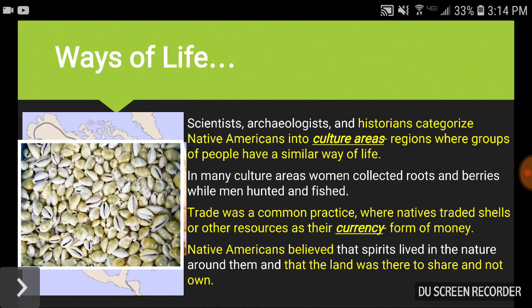That's not an idea that starts with Native Americans. That starts with Europeans, and that's a huge difference and going to cause a lot of problems when Europeans come into contact or meeting with Native American groups that say the land is everyone's land, and Europeans say, no, this is going to be my land, not yours. But we'll get to that later.